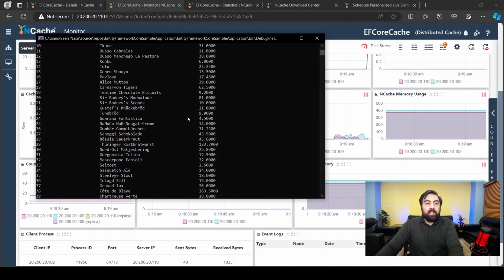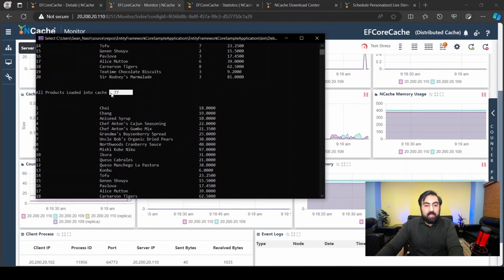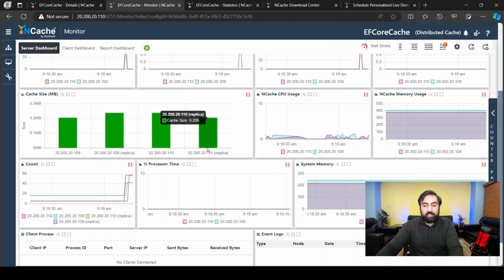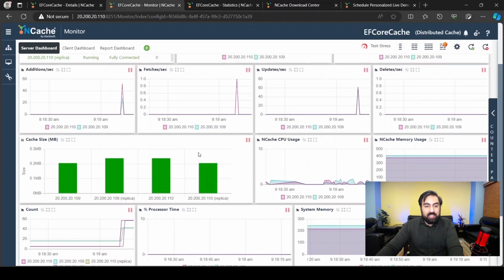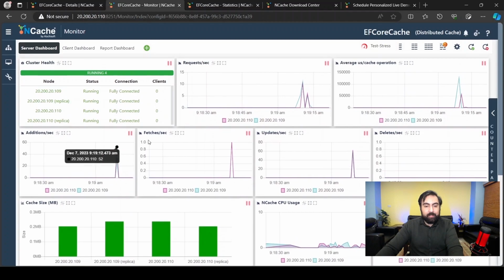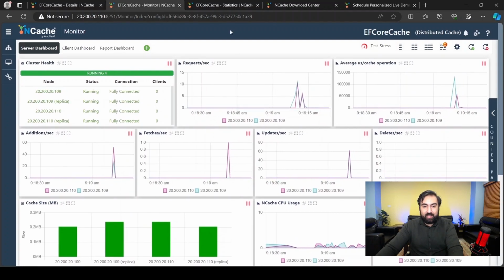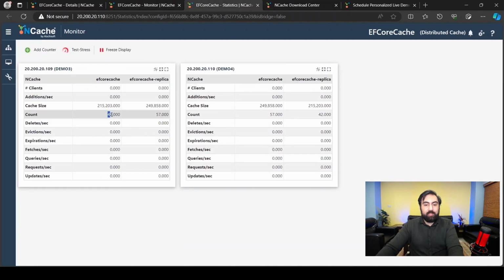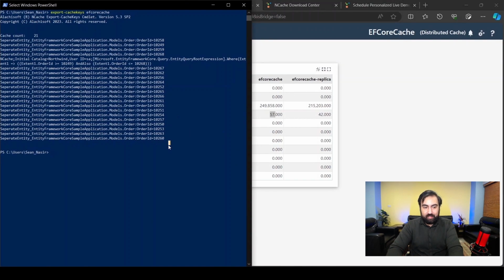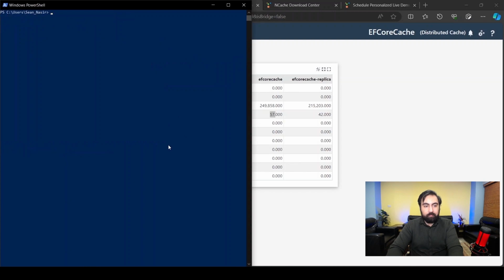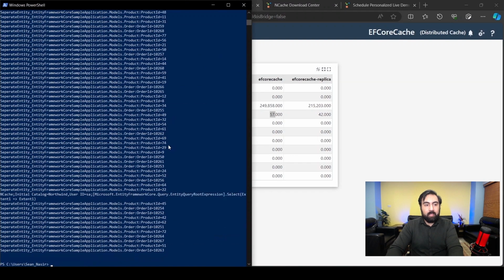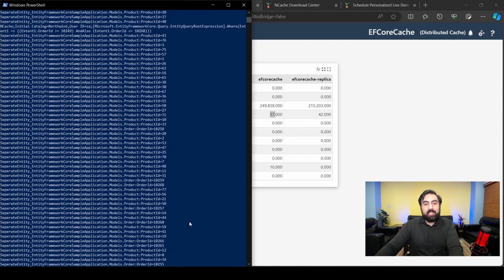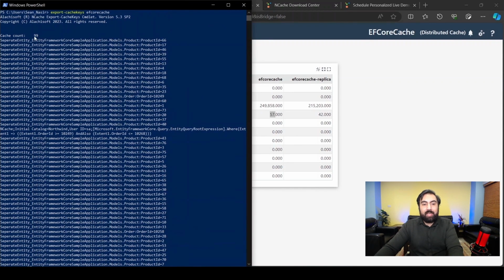Perfect. So we can see that we got these 77 products loaded into the cache, and we can see this count that has spiked all the way up, these additions that have happened, and these requests that have come in. If we go to the stats, we can see 42 and 57. Now I'm just going to export the cache keys again. Perfect, so we can see these 99 items within our cache,